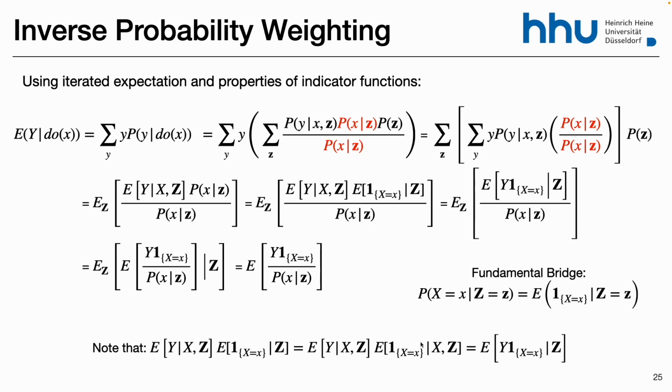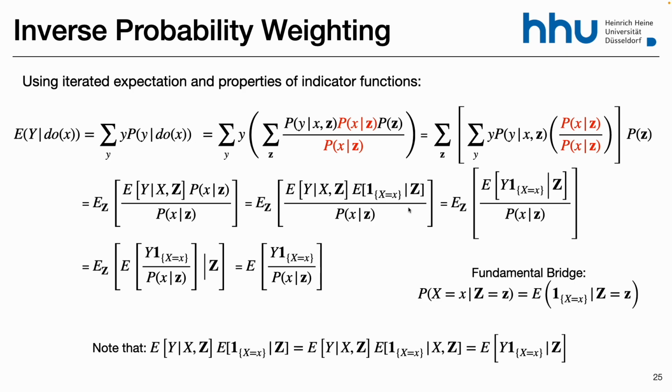But once these two are together in the expectation, I can remove the x again, since now it's the product between the y and this indicator. So the indicator is going to be 0 if the x is not equal to x. So conditioning on x is irrelevant, so I can remove it again. So this part here, it's kind of tricky to show from here to here, depends on these steps here.